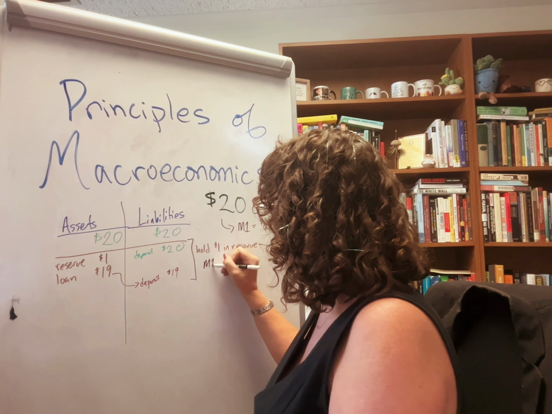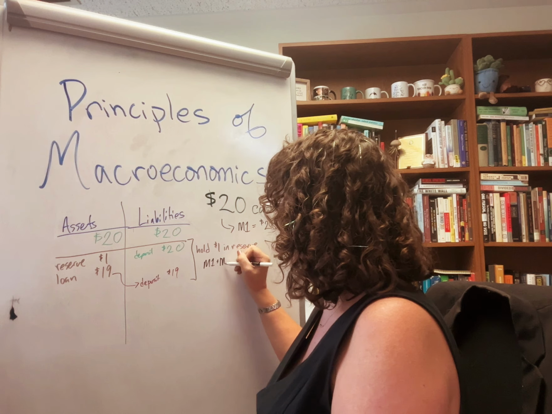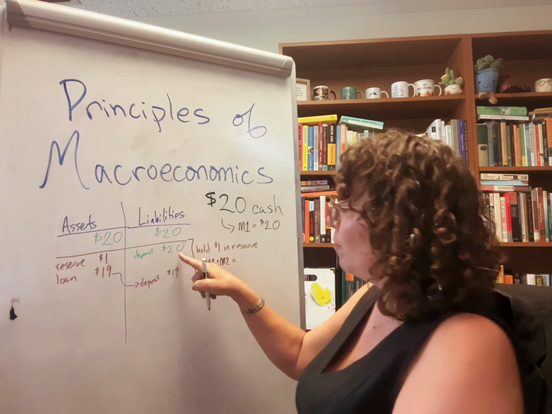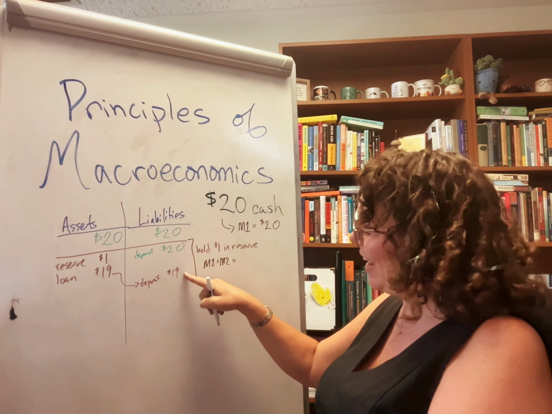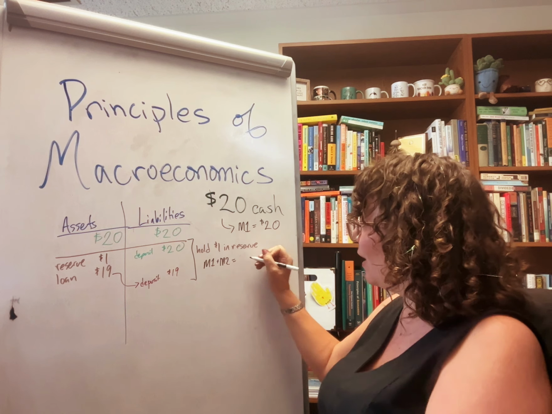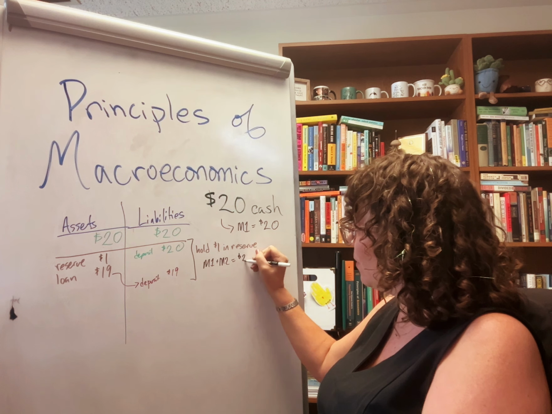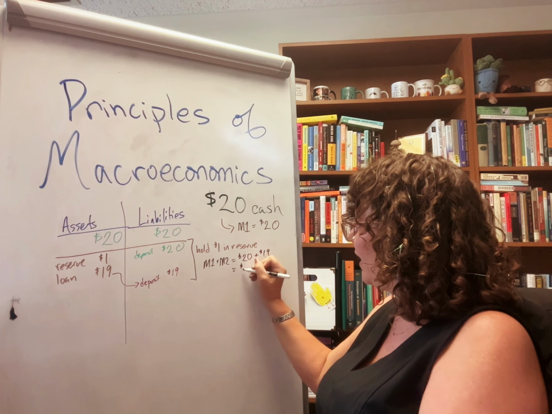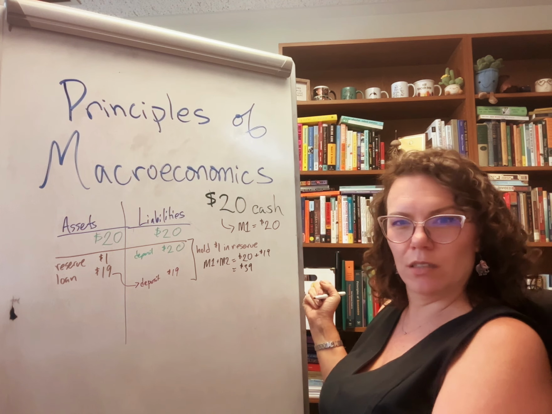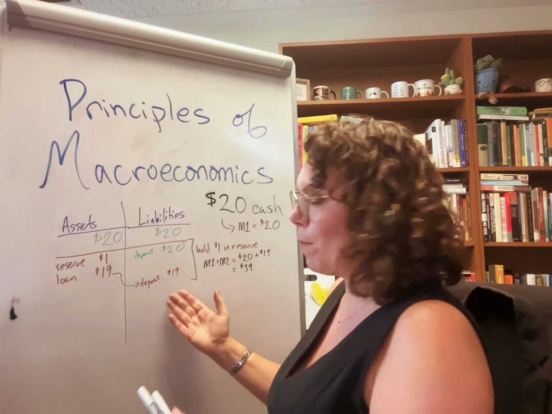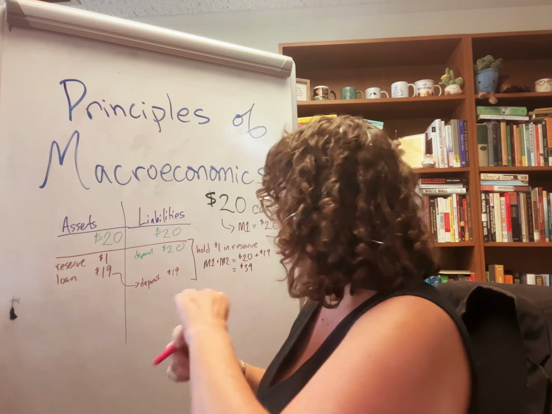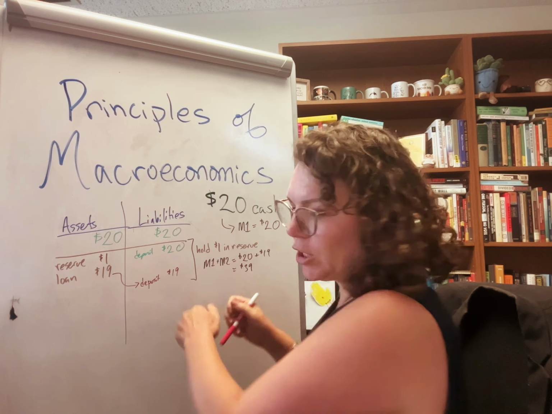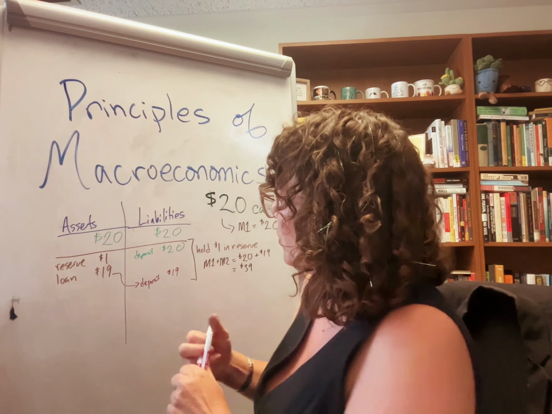Now that they have made that $19 loan, M1 and M2 are going to have my $20 deposit and this person's $19 deposit. So the money supply is now going to be $39. You see that? We're making money. Then we're still going to hold $1 in reserve. So this bank is going to hold $1 in reserve now,